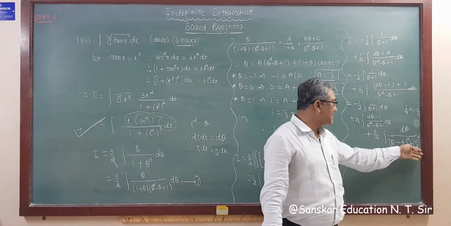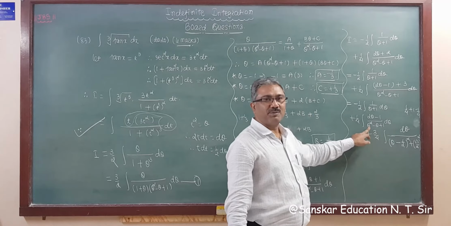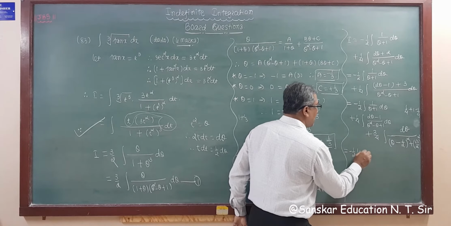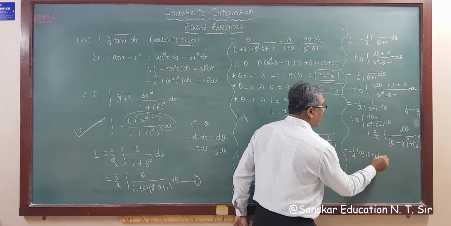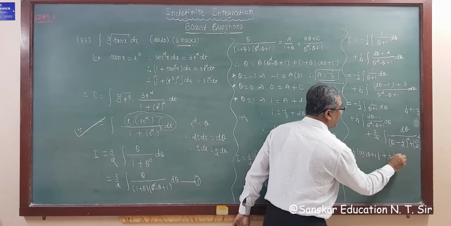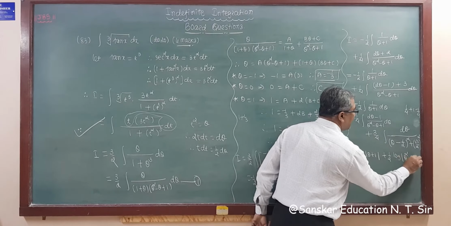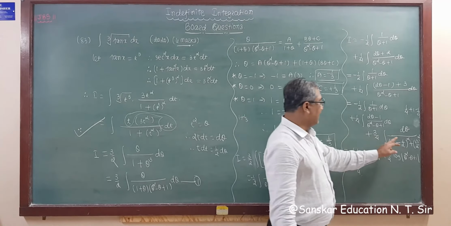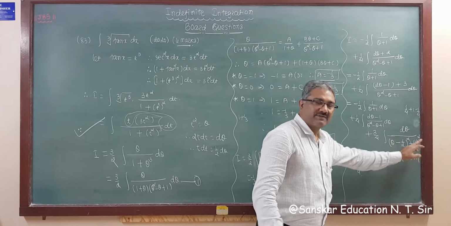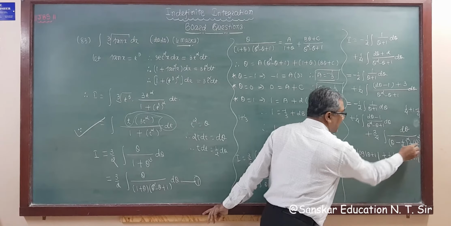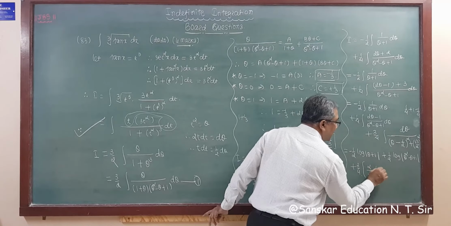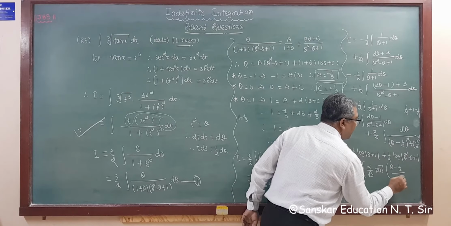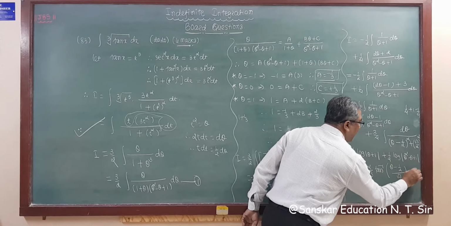So this is the x square plus a square formula, that is the tan inverse formula. The derivative of the denominator is in the numerator, and this is log mod. So the answer will be minus 1 upon 2 log mod theta plus 1 plus 1 upon 4 log mod theta square minus theta plus 1 and plus 3 by 4. Right? The formula 1 upon x square plus a square gives 1 upon a, that is 1 upon root 3 by 2 tan inverse of theta minus 1 upon 2 upon root 3 by 2, and plus c.